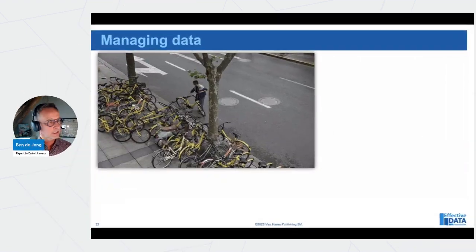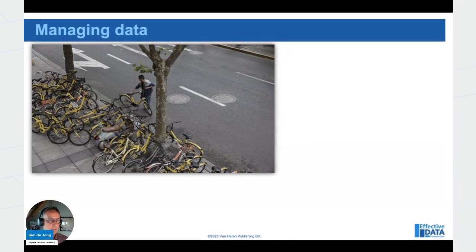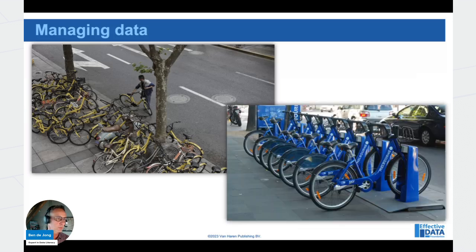Then you have all that done with working with data. Then you're finished, and then you need to manage your data, because if you don't do that properly, you get something like this. This is a share a bike thing, and everybody can use a bike and pick it up and put it somewhere. Well, you see, here it's a big mess. All the bikes are there, and you don't even know if they're broken or not, and you can't find the right one. So if you want to do it properly, think about it and use a system like this,